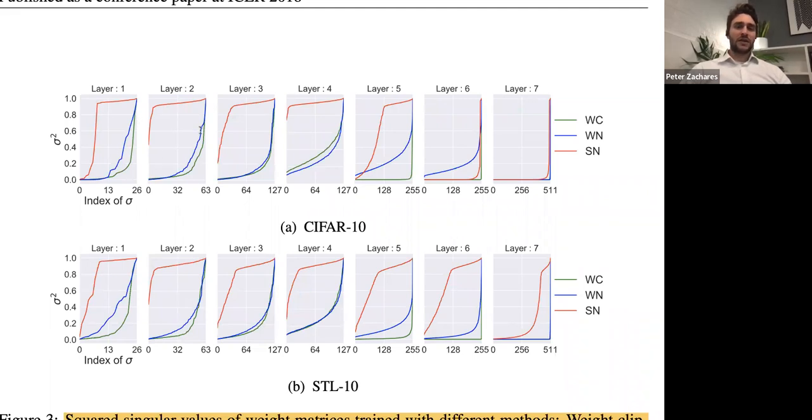So here you can see that at least for the first 5 layers on CIFAR10, and then all of the layers on STL10, the matrices that you're learning are much higher ranked than in the other 2 cases. It would have been interesting to compare it to the orthonormal regularization, because they did say in the method that weight normalization and weight clipping suffer from